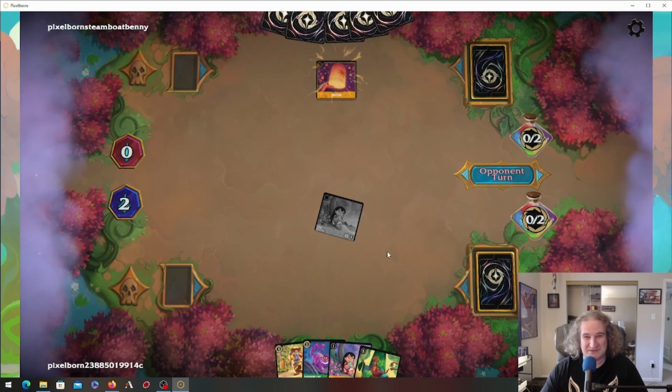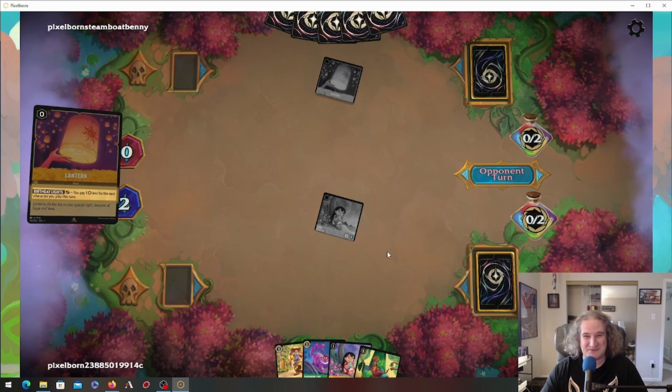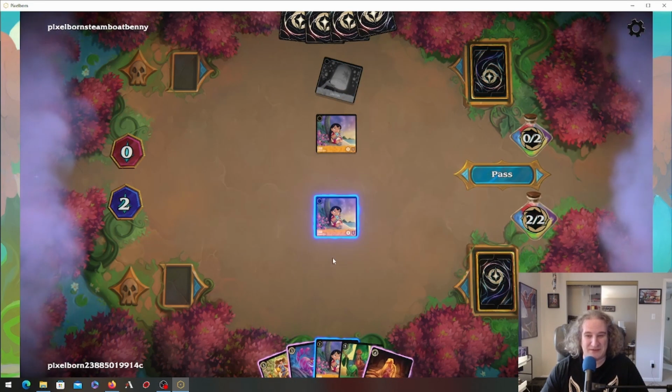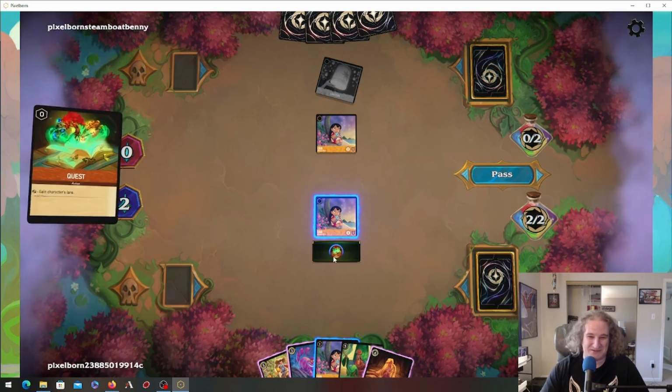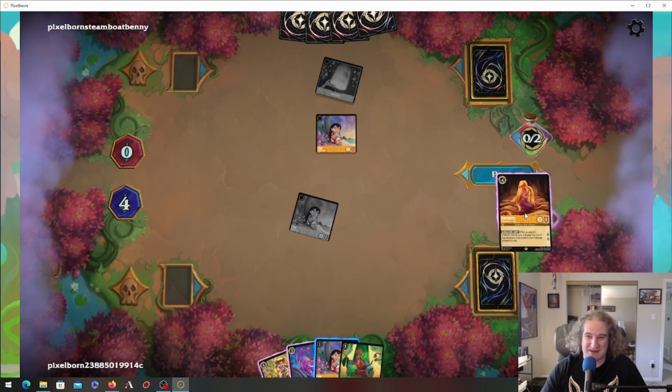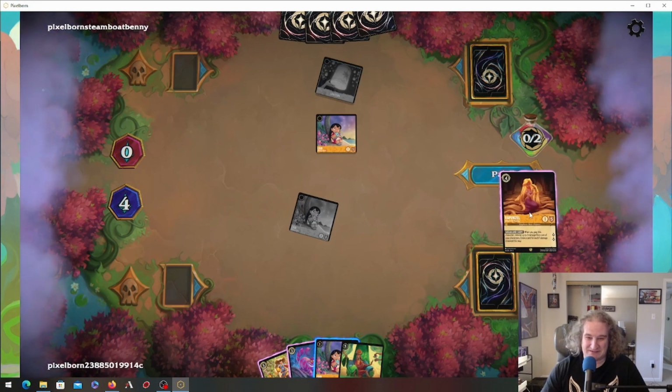What do we got? Lantern. Got a 1-drop? Yes, of course he does. Oh, our own Lilo. Okay, I'm okay with this, because if he wants to trade into it then he's not questing with it. So I'm 100% okay with that. Only weird thing here is...